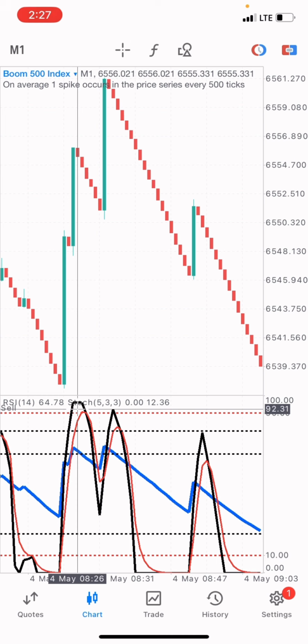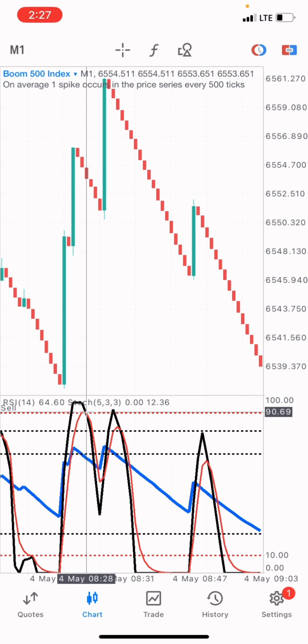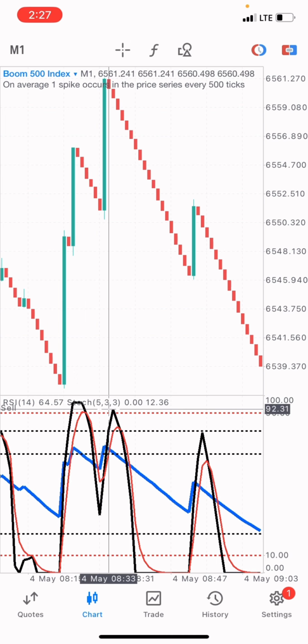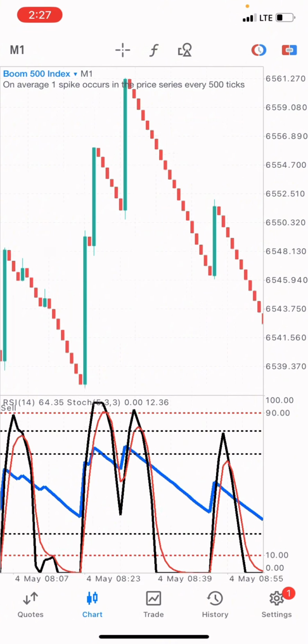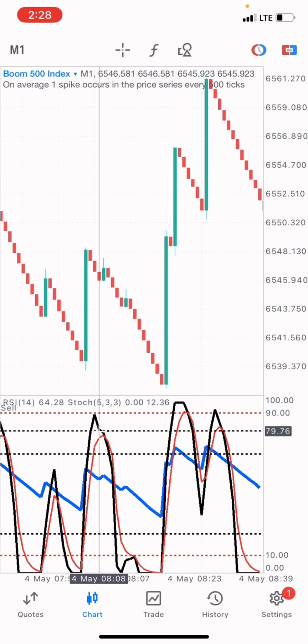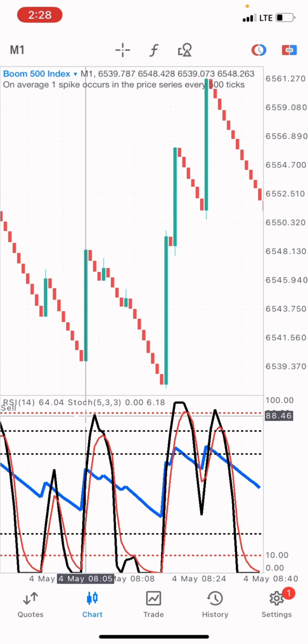You can see you only need to wait until this point here. At this point here, you place your sell for 3 candles. Here it crosses above, you place your sell for 3 candles. When you see the black and the red cross at the same point again, at this point here,